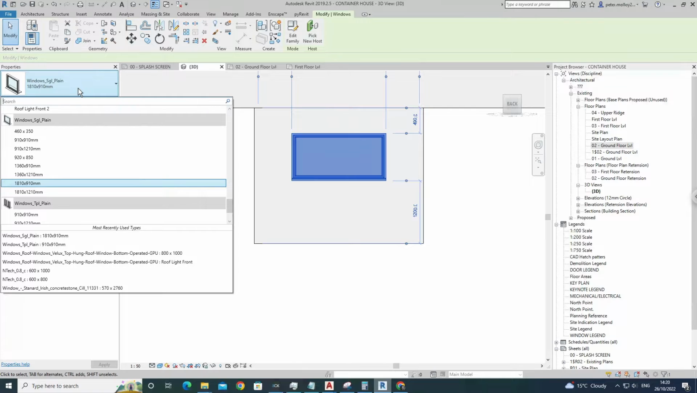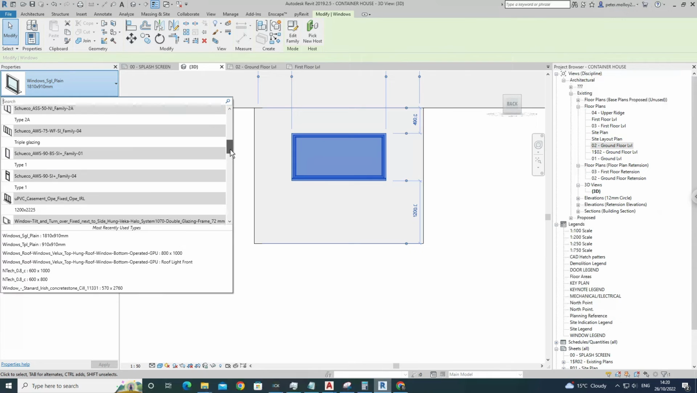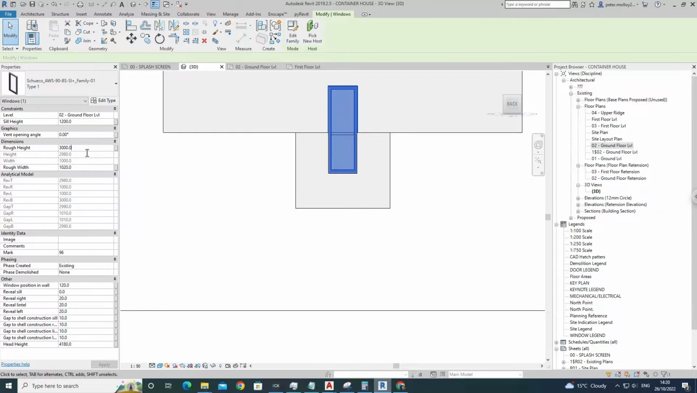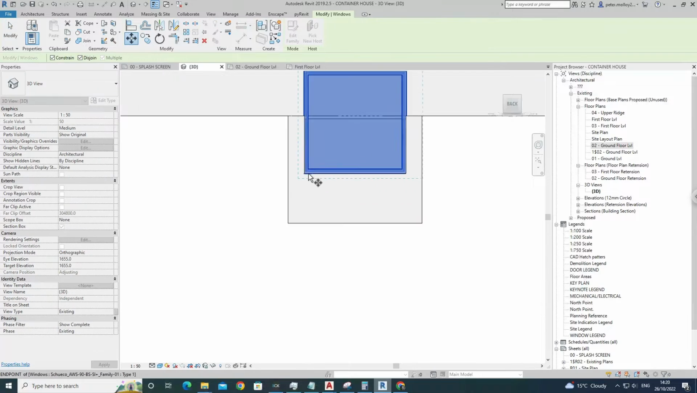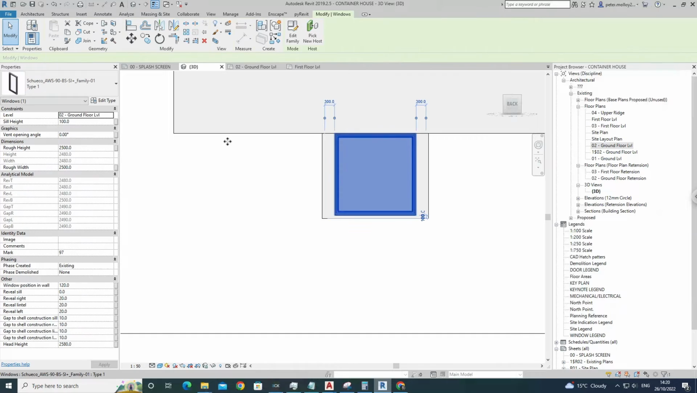We can make this much bigger. Wonder, do I have any cleaner windows loaded in? I do. Shoko. And I can change that to 500 by 500. Move this down to 1100 to